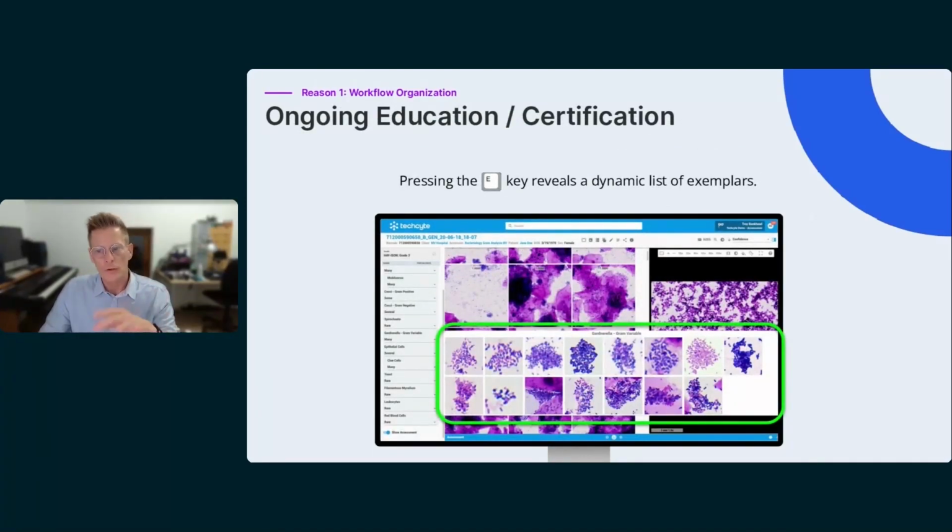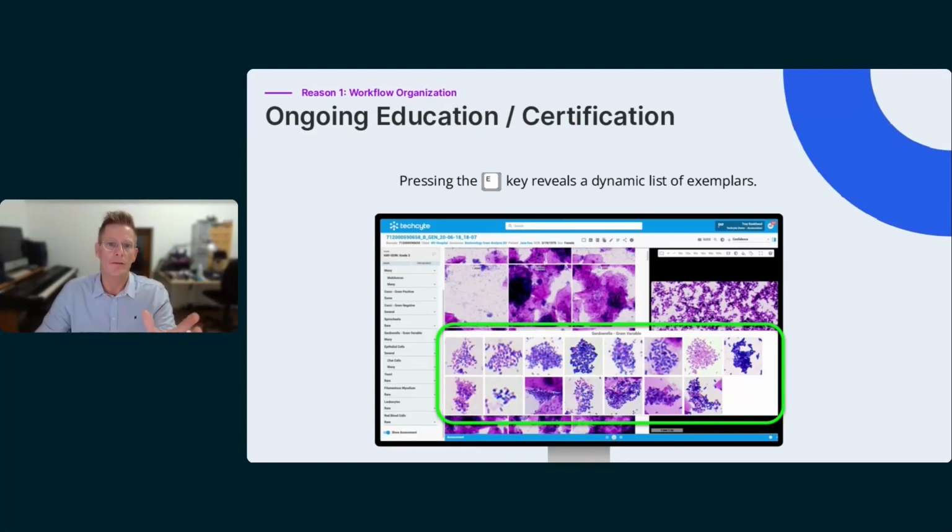Another point in workflow that's important is staffing, and one of the challenges that any lab faces is in education and ongoing certification. With the digital workflow, you can incorporate features such as pressing the E key in our interface, which brings up a list of expected images for any of the classes that you're identifying. In this case, we're showing some Gardnerella, which can help either certify or train new people coming into your lab's workforce. And so workflow optimization is key, one of the key factors that should be pushing us to go digital,